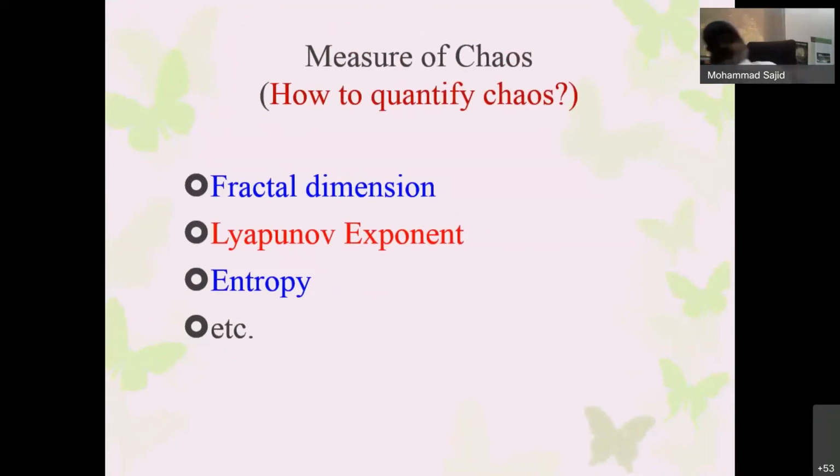Also, we have some more things, because many times we say things mathematically, and also graphically, and generate the pictures. But when we have data, parameters and equations, how do we say there is chaos? So how do we measure and quantify that chaos? In different ways, we have a lot of theories behind quantifying chaos. Some of them I have written here: fractal dimension, Lyapunov exponent, and entropy. I will not go into much detail about how to quantify the chaos, to find the chaos, but I will show